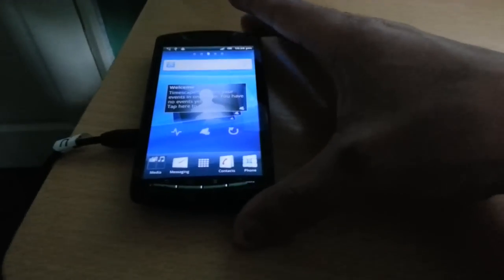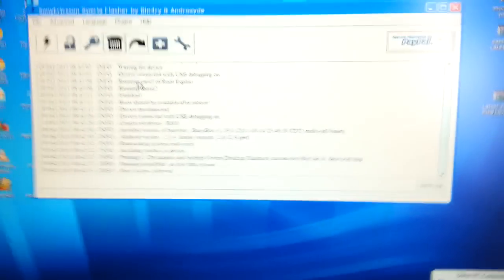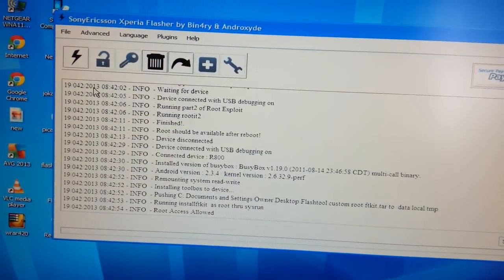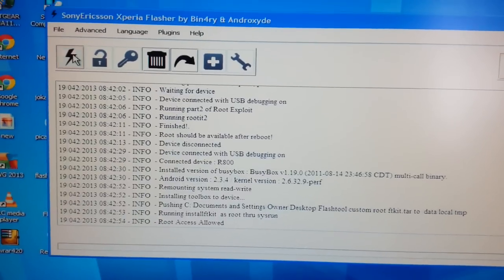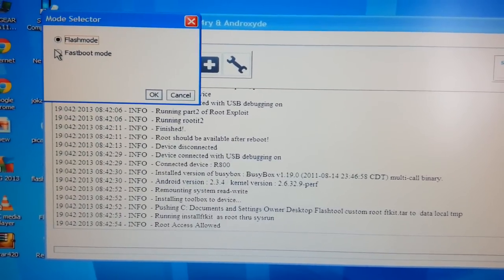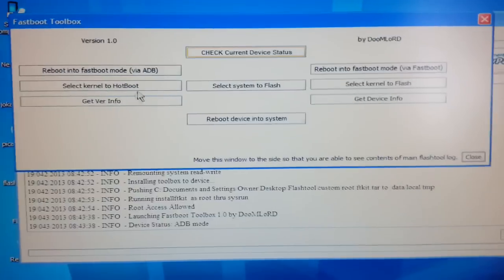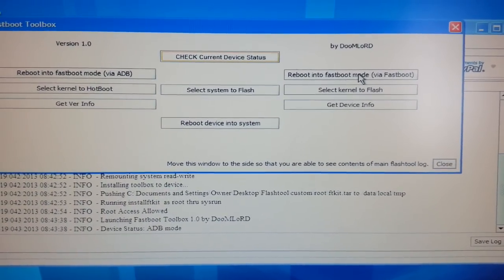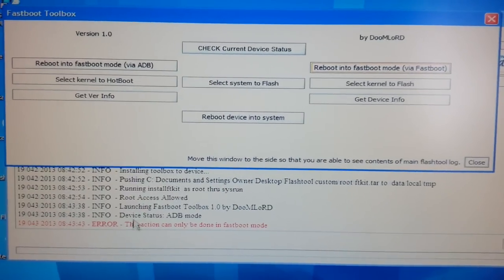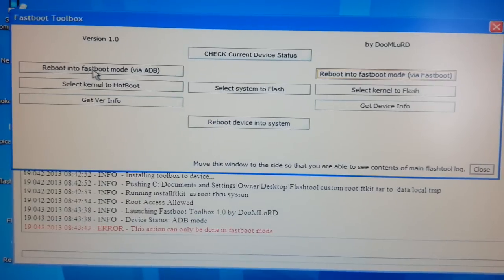So whilst your phone's still connected to the USB, leave it connected, don't unplug it. Now we're going to flash the kernel. So this little flash icon here, just select that. Select fast boot mode. Select OK. Now select reboot into fast boot mode via fast boot. If you get an error, don't worry about it, just select this option here, reboot into fast boot mode via ADB,